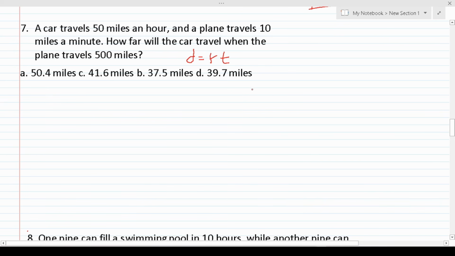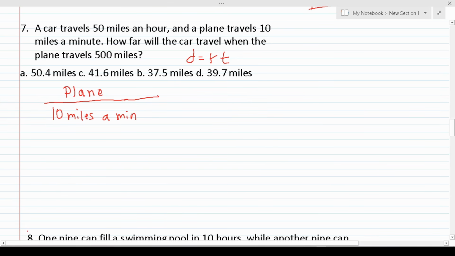But to start this one, I'm going to try to separate these two things that are going on and then use one to solve the other. So I'm going to start with the plane. Let's see what we know about this plane. It says the plane travels 10 miles a minute. Well, that's not helpful in terms of using the distance formula. Again, 10 miles a minute. I want to know what that is in terms of miles an hour, because that's going to